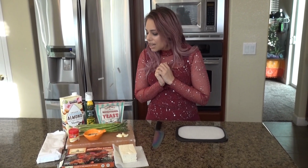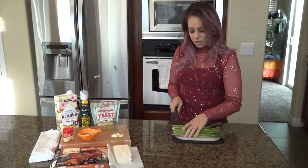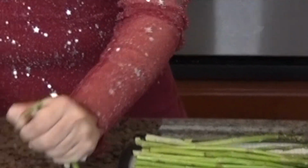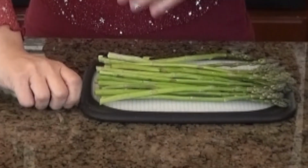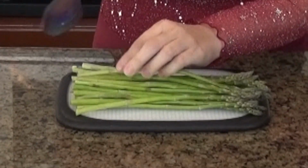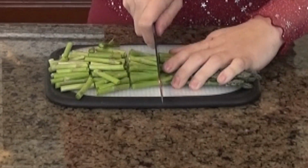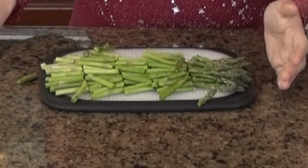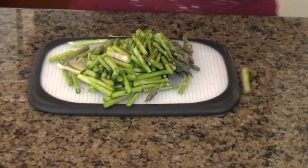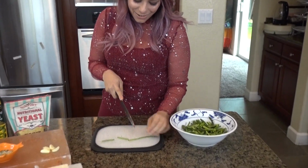So let's get started. For the appetizer, I mentioned we're going to do this bacon wrapped asparagus quiche or tart. First we have to just cut off the little ends. After we're cutting off the ends here, let's just get rid of this. We're going to cut it into fourths, or just into little pieces. Mine's probably going to be a little bit longer, so maybe 5 little sections of 5. I need a plate. I missed a little asparagus, so I'm going to have to just cut that one up and add it to its